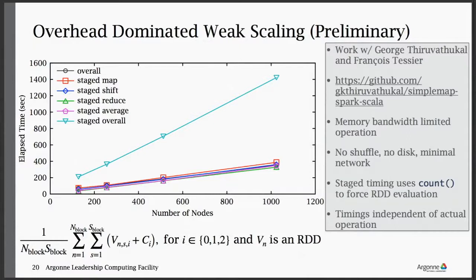So a very simple map and reduce. As your HPC mind kicks in, this is a completely memory bandwidth limited operation. And in this case, this array is about 12 gigabytes